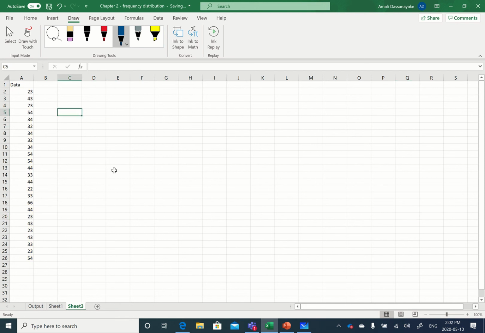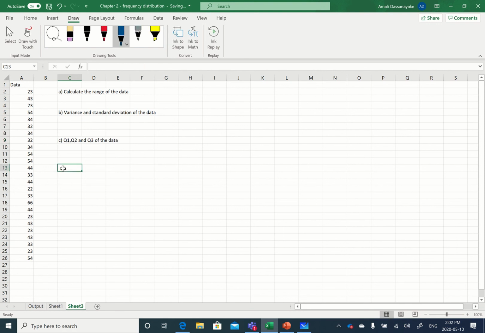Right, so this is my data set and I'm going to set parts. Part A, I'm going to calculate the range of the data, part B, I'm going to calculate variance and standard deviation of the data, and part C, I'm going to calculate quartiles Q1, Q2 and Q3 of the data,